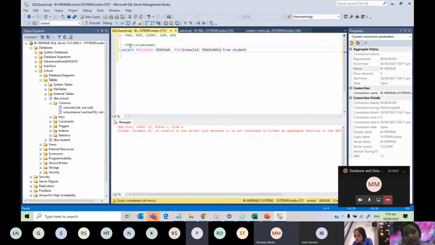Yeah. So if you wanted to find the minimum of all of them, how would you do that? Would you write out every single one of them? For example, you can find the minimum of only 3 columns, right? Because only 3 are integers. So you can just write min of ID, min of year, min of school ID.